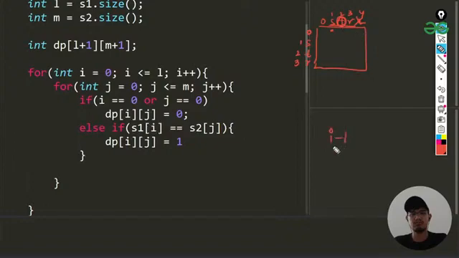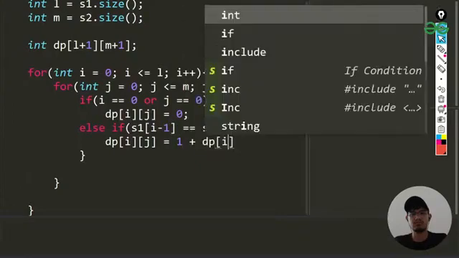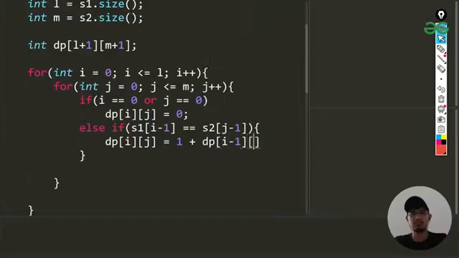I hope you have got why we are doing that. So let us do that. We'll be looking at s1 of i minus 1 and s2 of j minus 1. If they both are equal, we'll be adding 1 to dp of i minus 1, j minus 1.